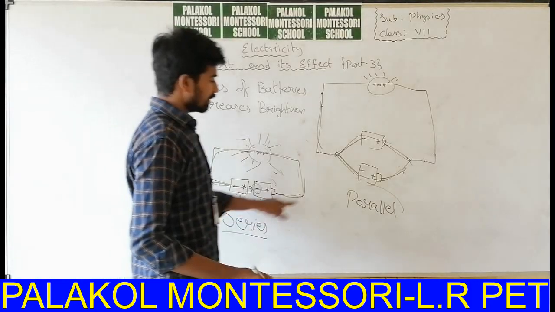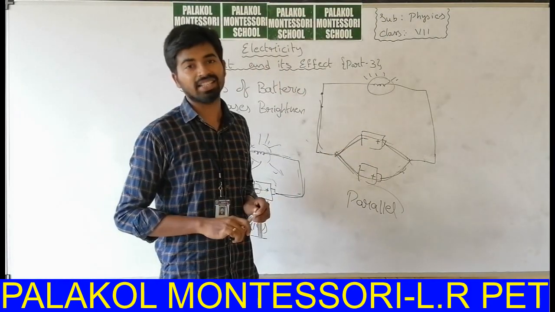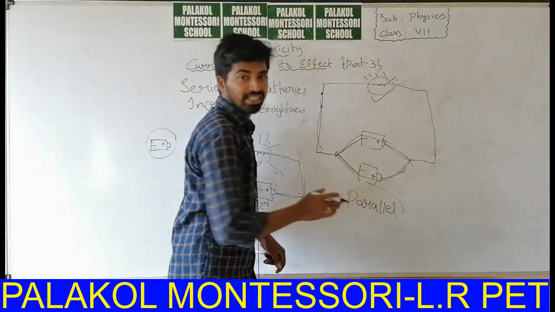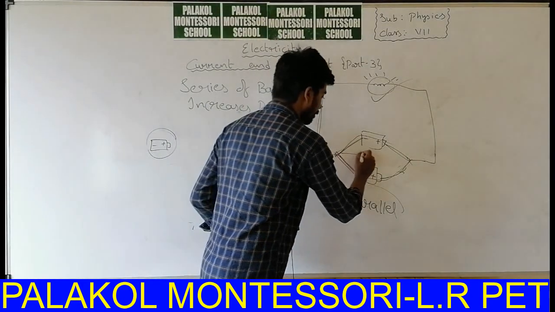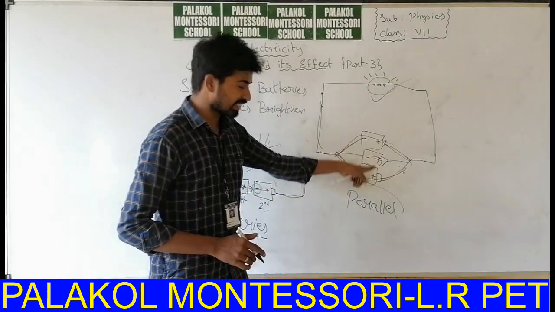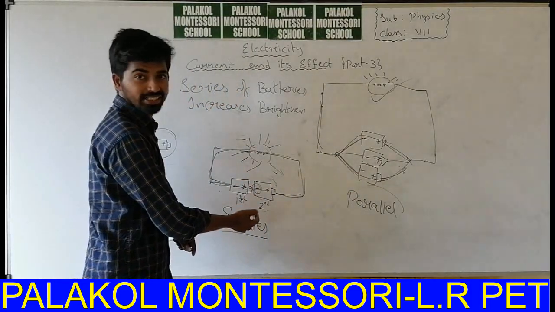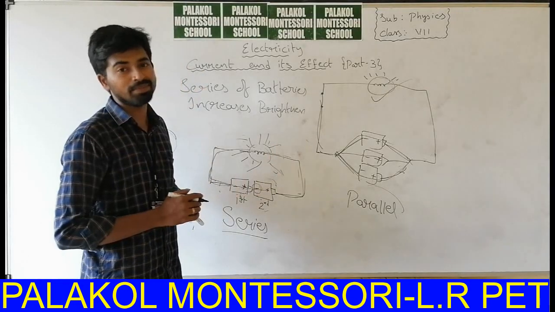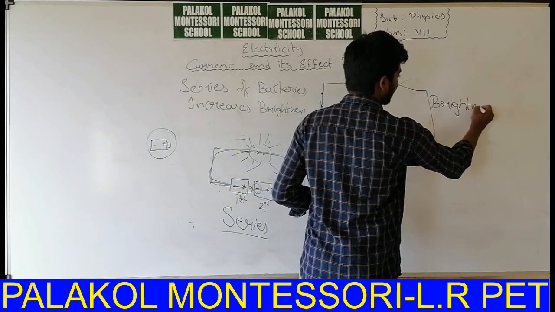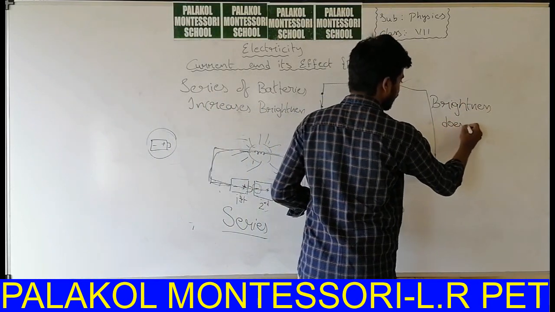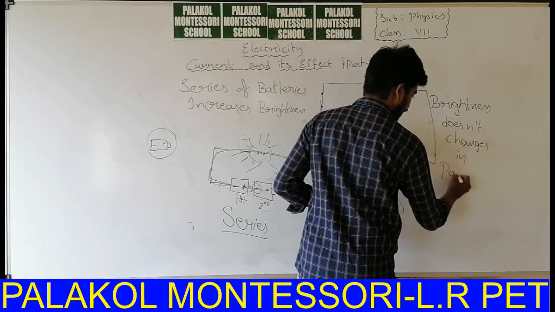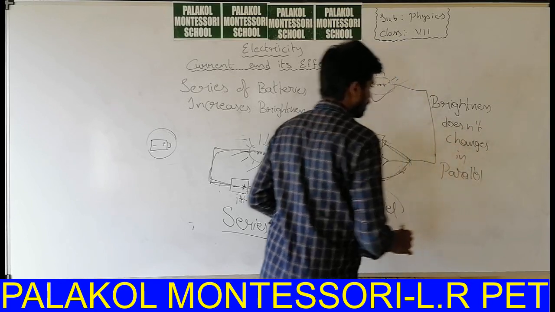Whereas parallel connection of batteries doesn't increase any brightness. If you have connected a single battery, the brightness will be the same. If you connect another battery in parallel, the brightness does not change. If you connect three batteries in a parallel connection, the brightness doesn't change. In series connection, the brightness of the bulb will increase. In parallel connection, the brightness doesn't change. So this is